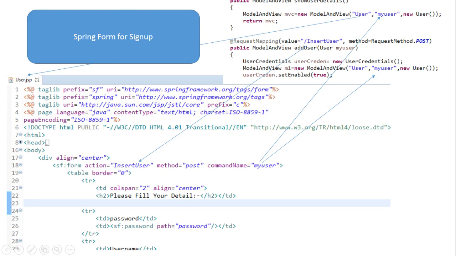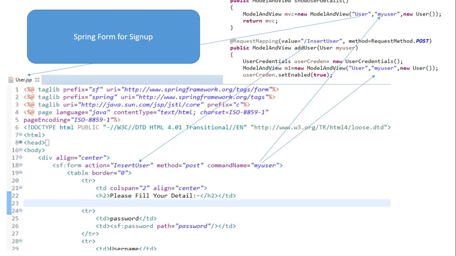There is a command name. It acts as a model attribute, so that it contains all the details whenever you fill in the sign up form. It goes to the user.jsp file, and the user.jsp file contains my user as a model attribute, which is a blank object that contains all the data filled in after filling the form.